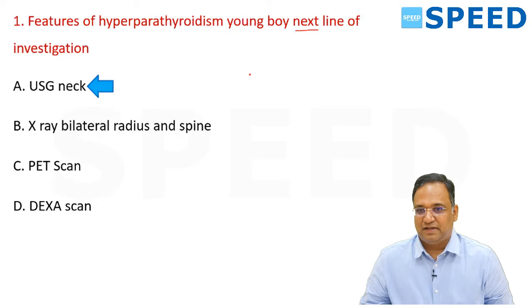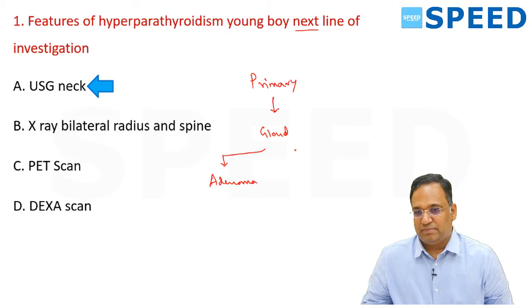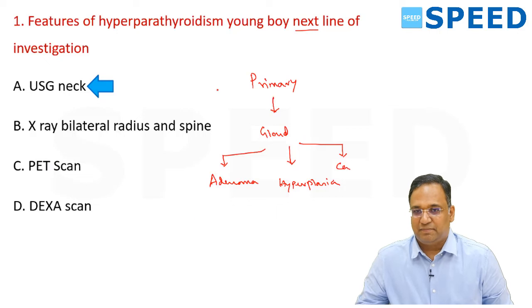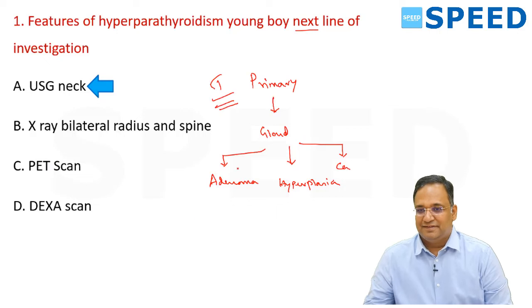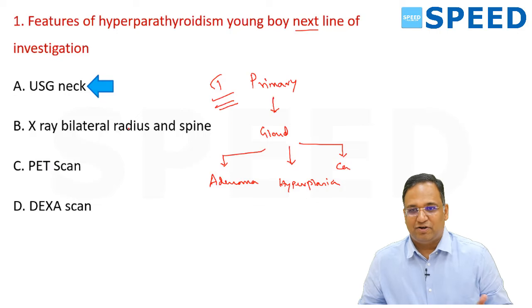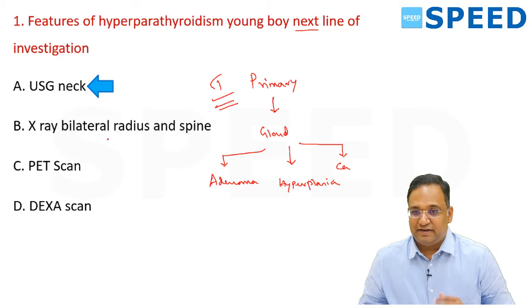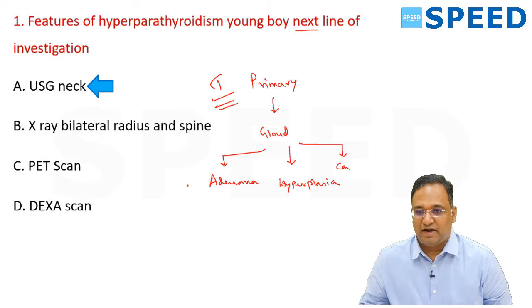Is it primary hyperparathyroidism, where the pathology is identified in the gland? The most common pathology is adenoma, the second most common is hyperplasia, and the third is carcinoma, which is rare. Secondary hyperparathyroidism is because of a secondary cause or end organ resistance to parathormone, and untreated secondary becomes tertiary. Primary is the most common, adenoma is the most common, and the most common gland involved is